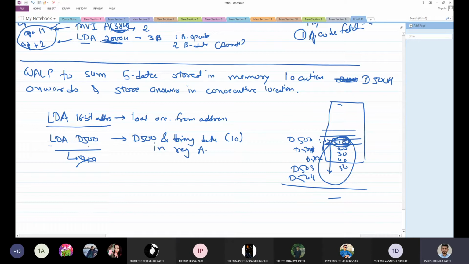So you have to provide your 16-bit address along with this instruction LDA. Immediately that instruction will execute and immediately your 10 would be inside your accumulator. Once I execute this instruction, the number 10 would be inside my accumulator. Clear? I need a response. Clear?